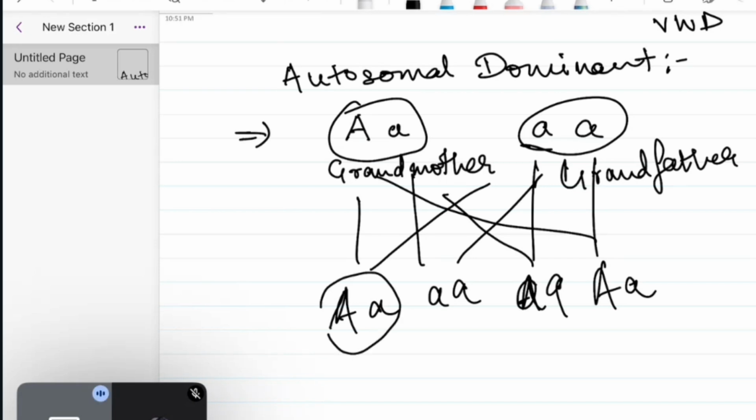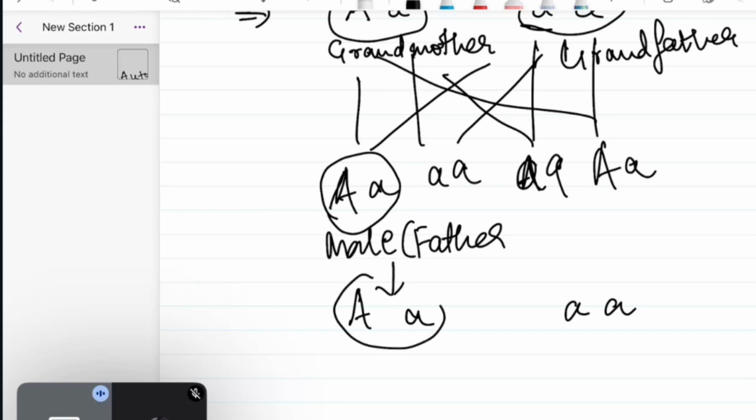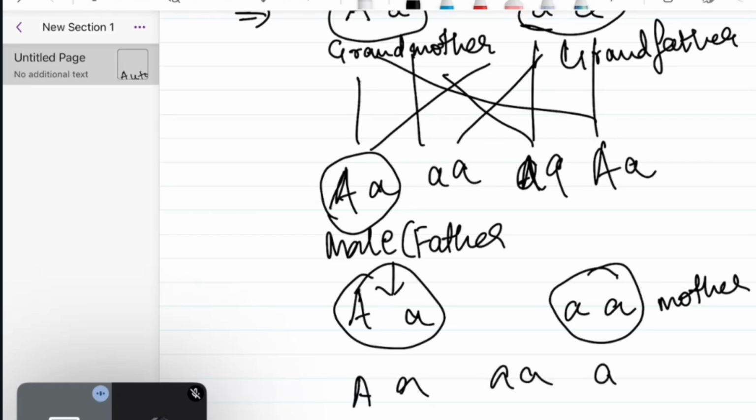So considering this child to turn out to be a male child, this is the father of the girl mentioned. Now, father also has the affected gene. So father marries a girl who does not have the gene. She's also perfectly healthy. Now, father has a dominant gene and he is affected, and mother is healthy. So again, if you do the cross matching, which comes out to be very similar to this condition, it can either be a 50% chance